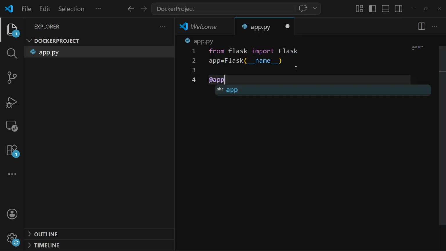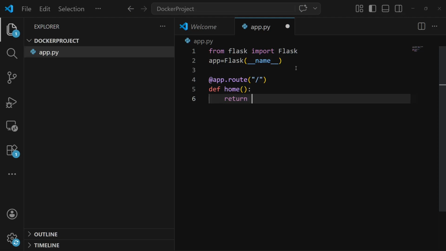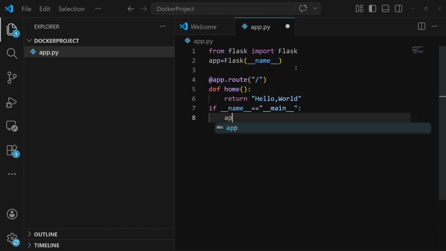It's a simple Flask program at the rate app dot home. host equal to 0.0.0.0.